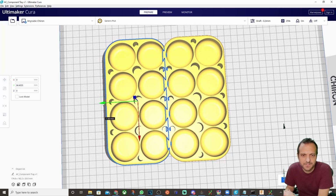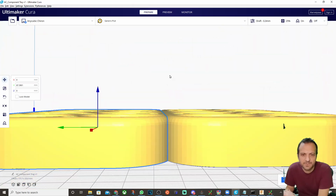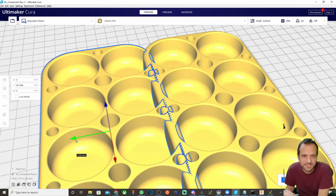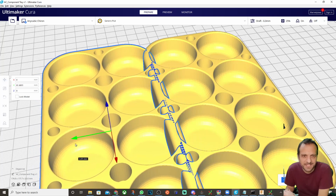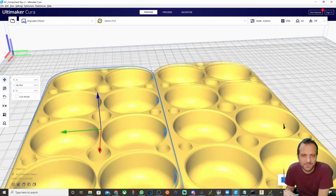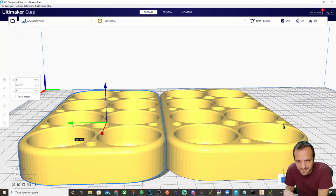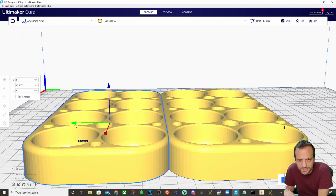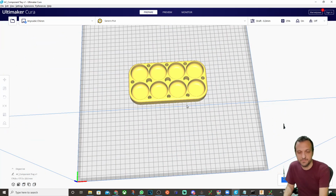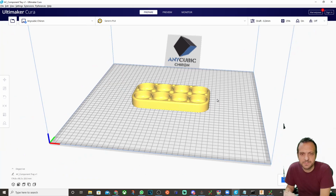But what you can do is you can actually move it together, and you can see Cura does this thing. If you've got the right angle you'll see it more than others, but you see them starting to eat into each other like that. Once you're starting to eat into each other, when you print them, they will definitely come out as a single piece. So if you change the angle like here, you can see that they're just starting to merge. When you print it out, it will come out as a double tray, which you may or may not want. Anywho, instead of that though, what I'm going to do is I'm going to say arrange all models, and then